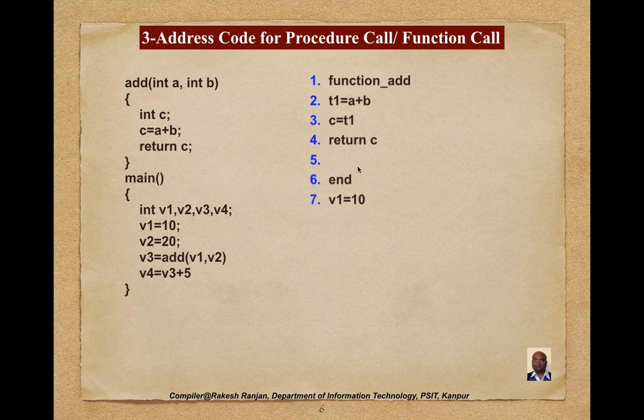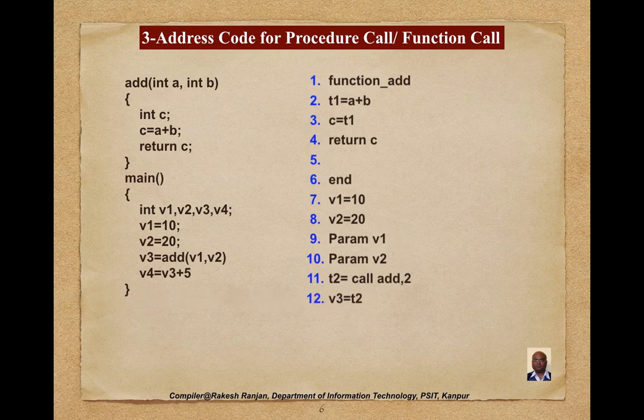Now v1 equal to 10, because two values are to be passed to function add. So v1 is 10, v2 is 20. Now we can write param v1, so that the first parameter is indicated, then the second parameter. Now we can call add comma 2, where 2 indicates that two parameters are to be passed, and the result is stored in t2. The value of t2 is finally stored in v3, and then v3 plus 5, because we need to add this part also. Finally the result is stored in v4 here. So in this way we can have